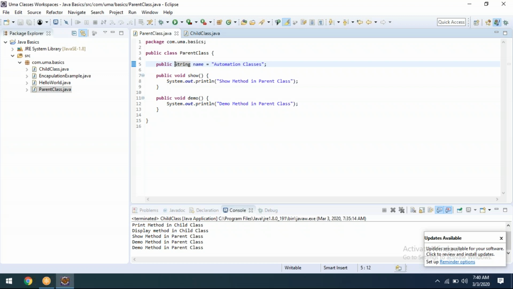Tomorrow we'll see the remaining types of inheritance. You told 3, no, there are 4. We'll see that, and we'll complete inheritance tomorrow, and start one more topic. So just play with all these things, have a look, and practice.